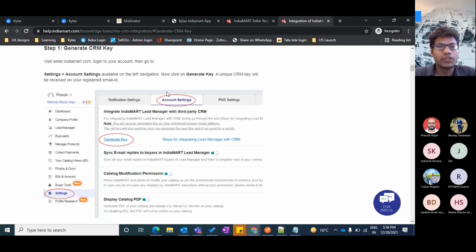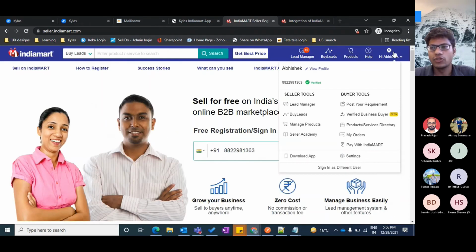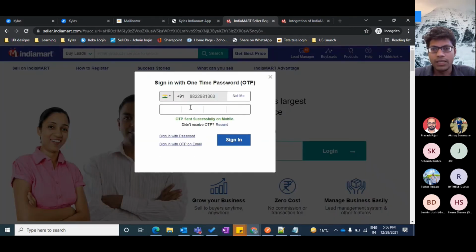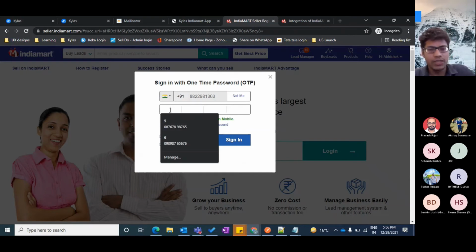What we have to do is log into seller.indiamart, go to settings and then account settings, and there will be a generate key. Now, since my account is not a paid account, I won't be able to see the generate key CTA, but at least I'll show you where you can find it in your respective accounts.